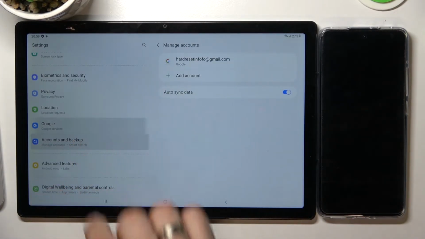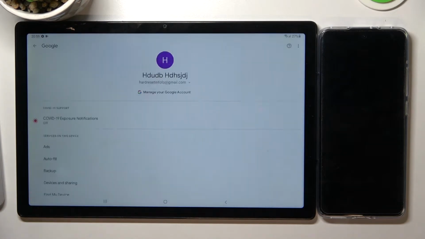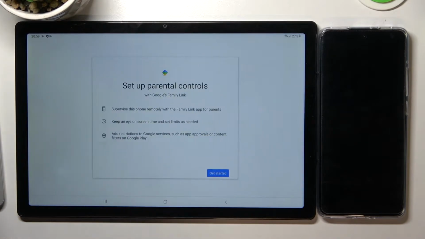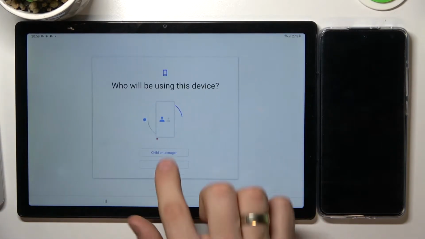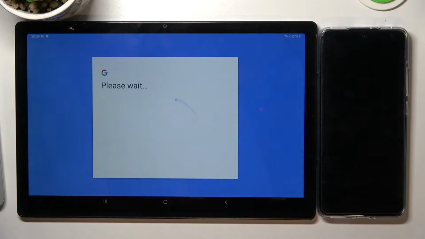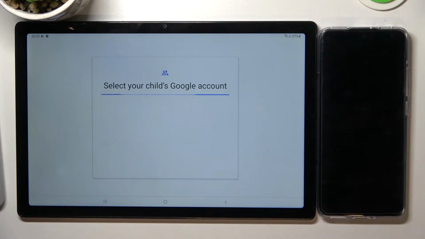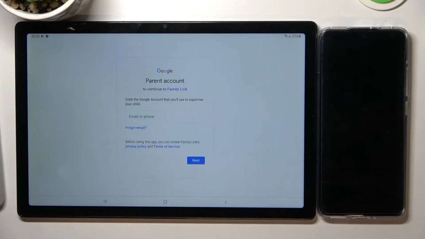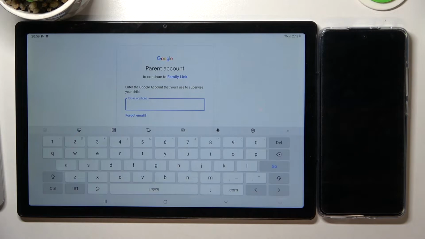Now click Google. Scroll down. Choose Parental Controls, Get Started, Child or Teenager, click Next. Choose the child's account, and now you need to log in to your Google account, the parent's Google account, which will